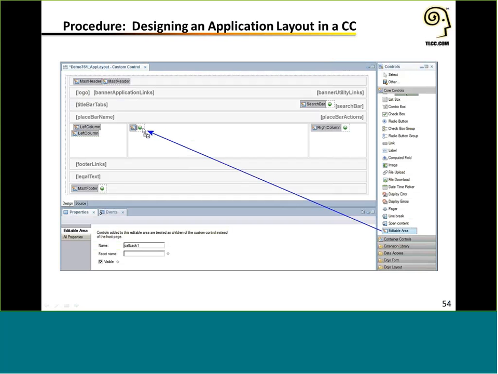So your application layout control has 6 of these green dots, editable areas or facets where you can drag content. Now, if you want to use this application layout custom control across several applications, across several XPages, what you need to do is into each one of these editable areas, you need to drag and drop an editable area control. Okay, so that way, when you put this custom control onto an XPage, in fact, that area, like the left column or the main content area or the right column, is in fact an editable area for that XPage.